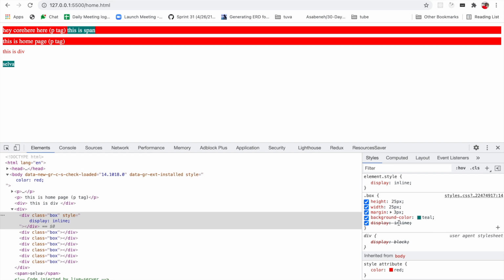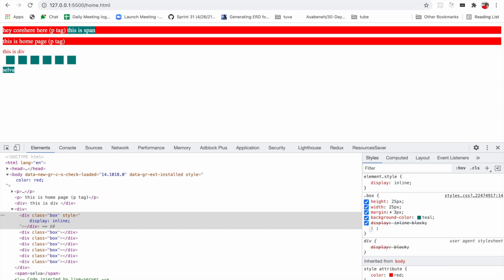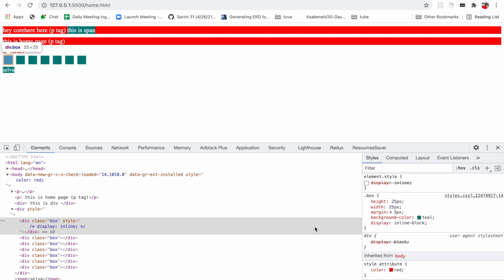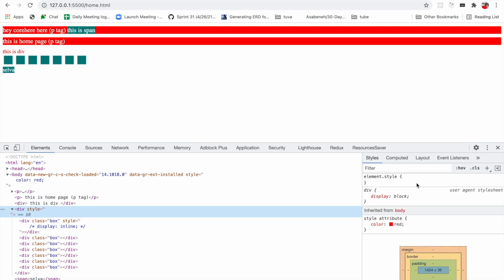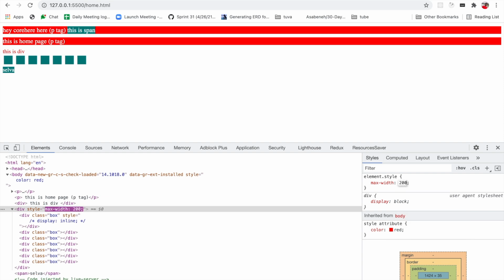See, height and width won't appear, right? So this is empty because we are unable to use height and width for display inline. If you remove the inline, it's just like a div, it will take a new row. But if you are using inline block, you almost get the similar UI because the inline element won't take a new line, and it also supports height and width. So how do you move this to the next line? We have to give the max width to this parent. Max width 200 pixel. See, it appears something like this.